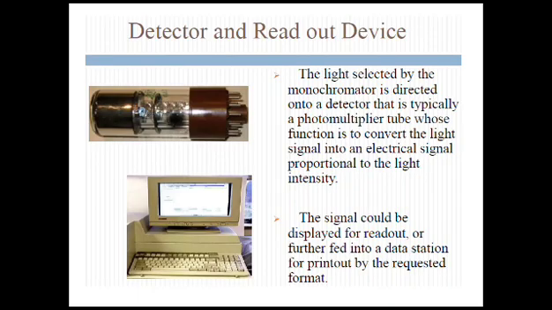Detector and readout system. The light selected by the monochromator is directed onto a detector, that is typically a photomultiplier tube, whose function is to convert the light signal